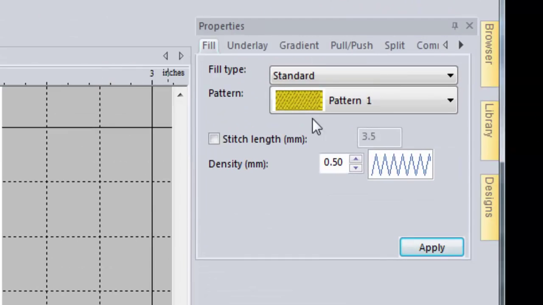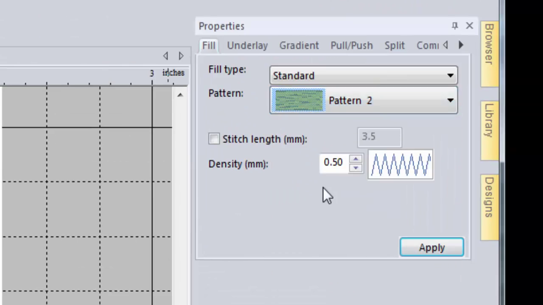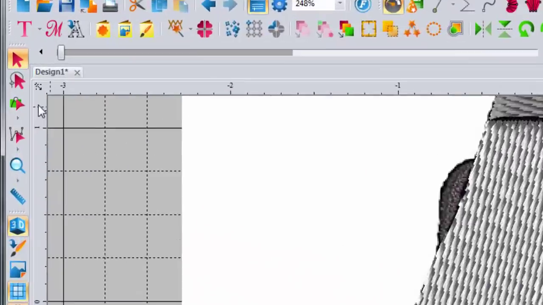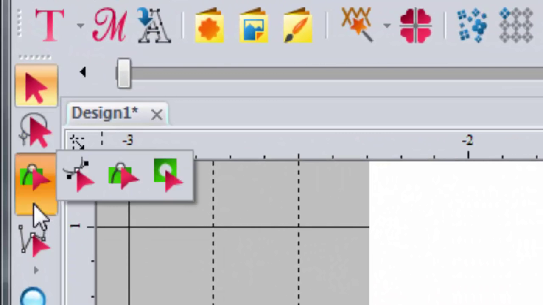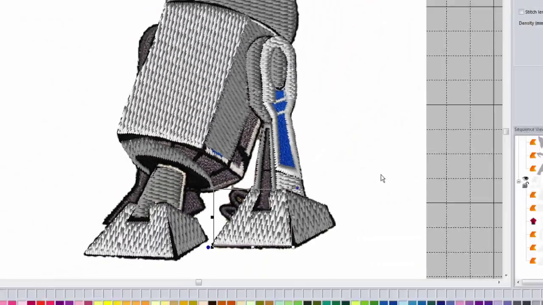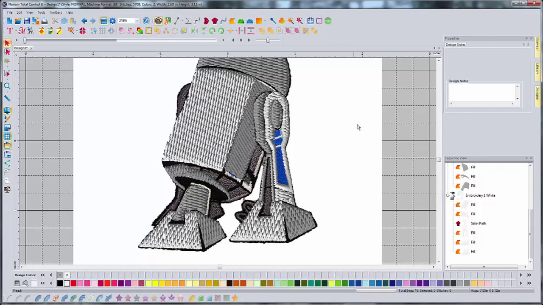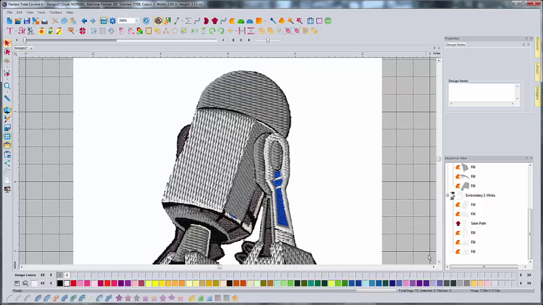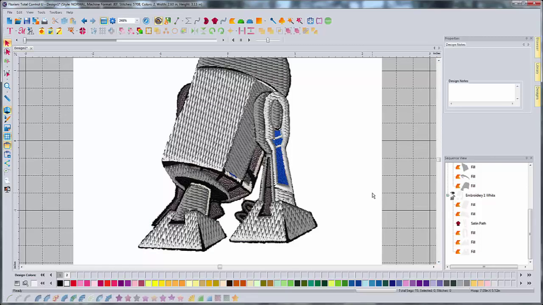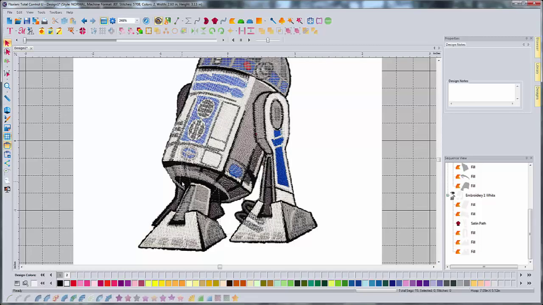And we do the same thing. Standard fill, pattern to pattern 2, hit apply, go up to our shape tool, make sure that it's on add inclination, and make the inclination going the direction we want the stitches to go. Lovely. Okay, so that's, I think, all the white that we can do right now. So let's turn off 3D and just take a look. Okay, so we can see